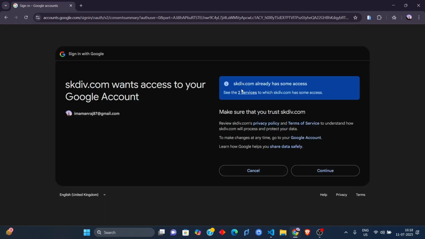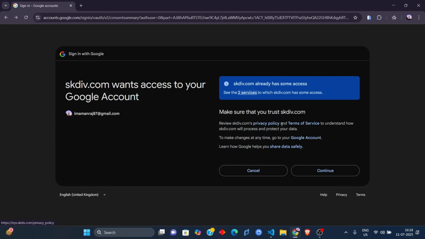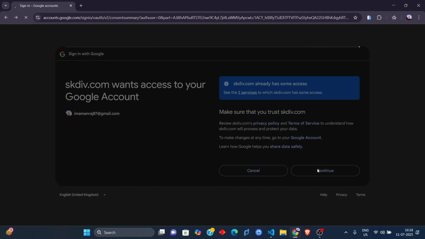After that, as you can see, skdiv.com already has some access. Let's see the two services that it has access to. One is the Google Calendar and one is related to Google Tasks. So that is what comes with the API. The privacy policy and terms of service, all of these links have already been attached. So for this API, more of the details are just linked over here. Now, if I click on continue,